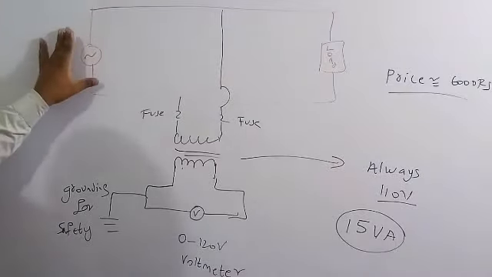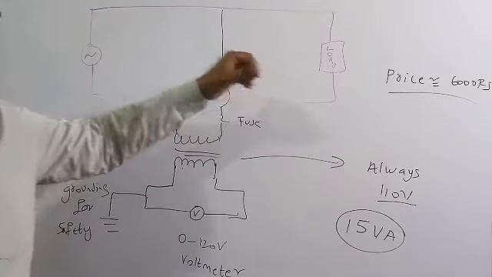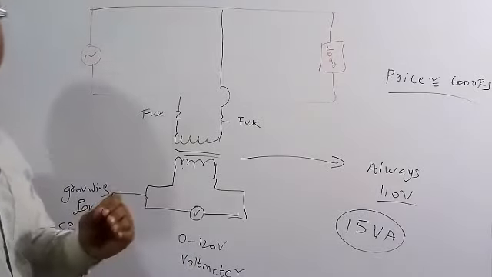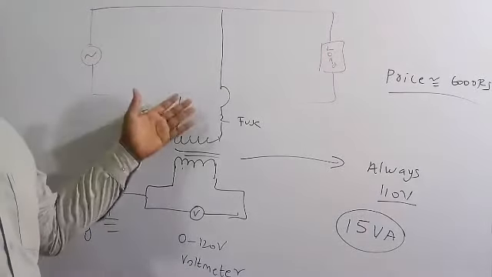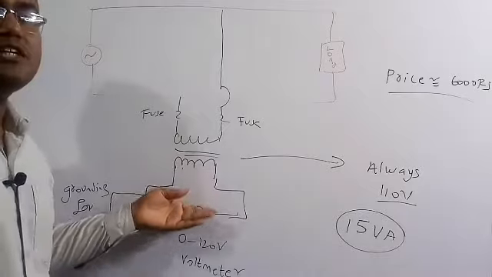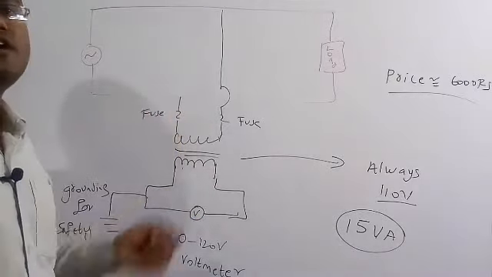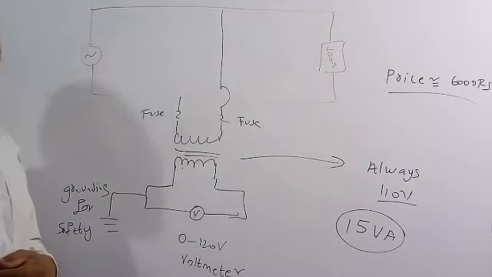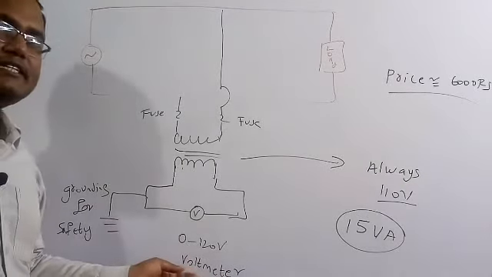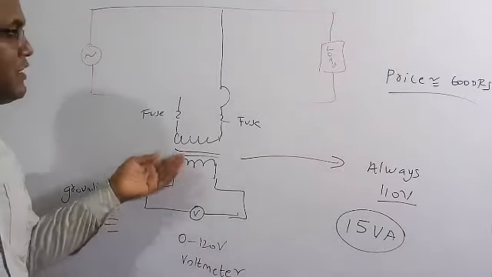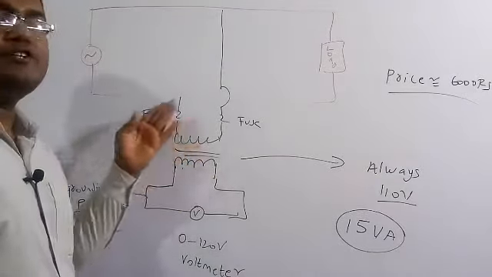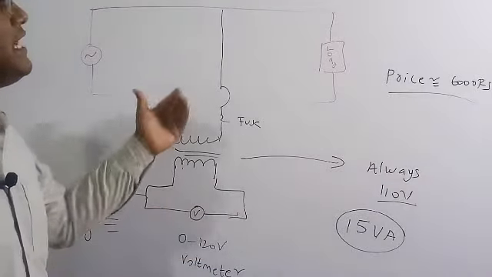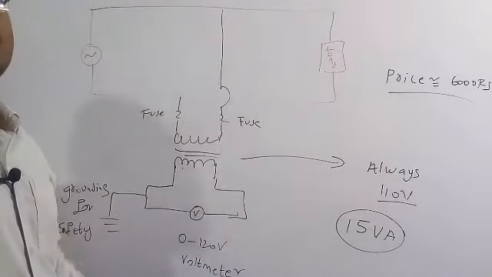This is a single phase supply. For this load, I am going to connect this potential transformer. The main aim of the potential transformer is to reduce the higher voltage to a lower voltage. With the help of this, we are going to read the actual voltage across this load, because our instruments have a very low range, meaning they can read only low voltage, but not the higher voltage. So the instrument transformer reduces the voltage, and this reduced voltage can be scaled. Therefore we get the actual value of the load voltage.